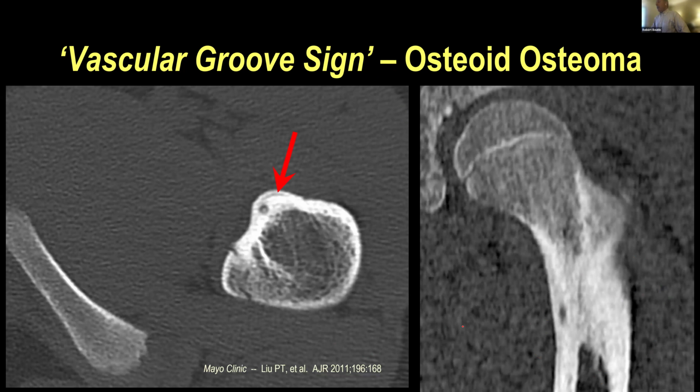And again, this is not perhaps as common as a stress fracture in a collegiate athlete in the proximal femur, but these osteoid osteomas often are delayed in diagnosis because people aren't really thinking about them. They're often pretty small, and CT is the best diagnostic test because we can see the really small nidus here with little calcification in it. And they commonly have a so-called vascular groove sign. So they're hypervascular. They have a little vascular channel that feed these things.